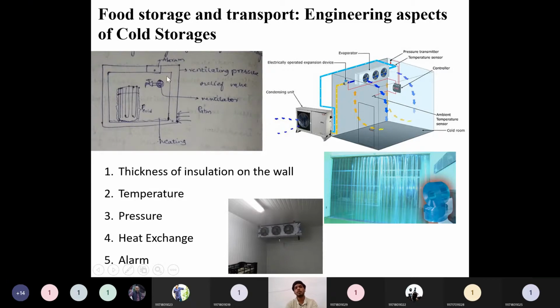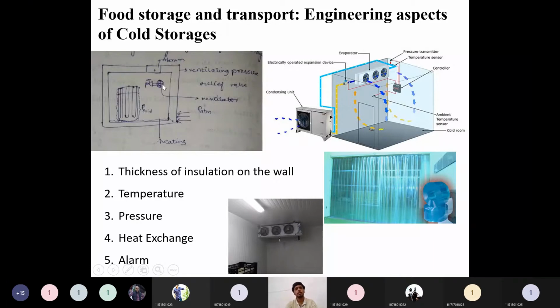When vacuum is forming, the outside atmospheric pressure will be very high compared to the pressure inside. This pressure will be acting upon the side walls, and because these are concrete walls, they cannot collapse easily. But inside, we have adopted a false ceiling or some insulating material, and this insulating material might collapse. That insulating or false ceiling wall can collapse due to the pressure buildup around these cold storage boxes or cold storage cabins, we can say.